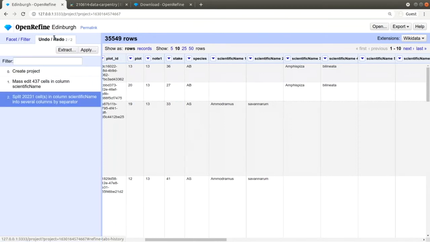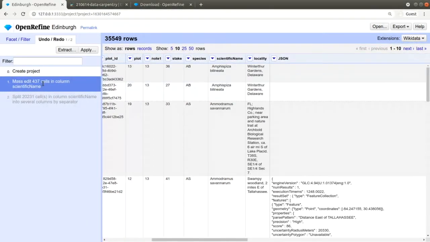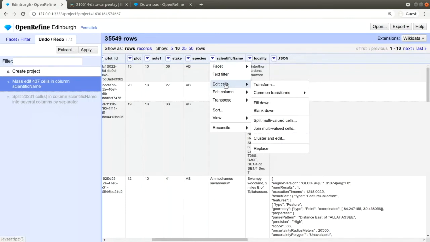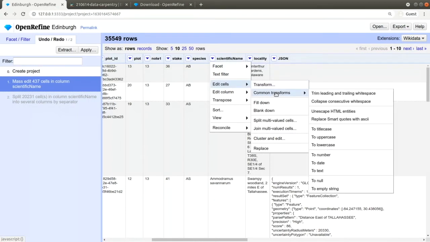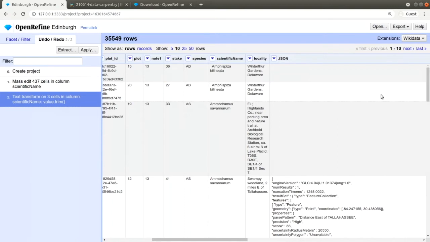We go to this tab and we undo the last step. When we do that, we see that now we have only one column. What we will do with this column first is clean the white spaces. In case we haven't done that before, now is a good time. We go to edit cells, common transforms, and the first option is trim leading and trailing white space. So if we click on that,